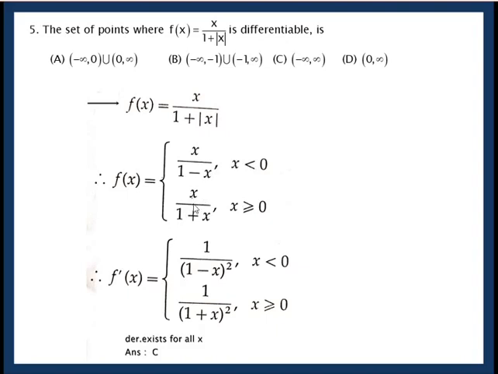What is the derivative? It is actually I have not written that step, but by quotient rule you should be able to find derivative of this as 1 upon square of 1 minus x and x upon 1 plus x as this. Okay. Now clearly the derivative is defined for all real values of x, and the set of real numbers can be represented either by capital R or this same rather open interval minus infinity to infinity. Why open interval? Because infinity is not a real number.